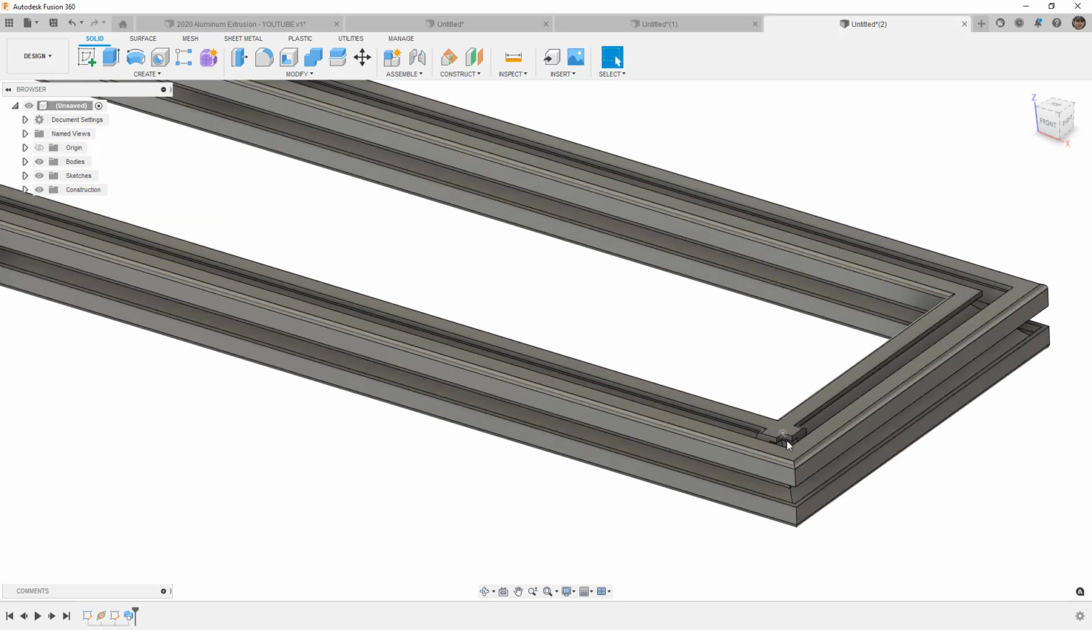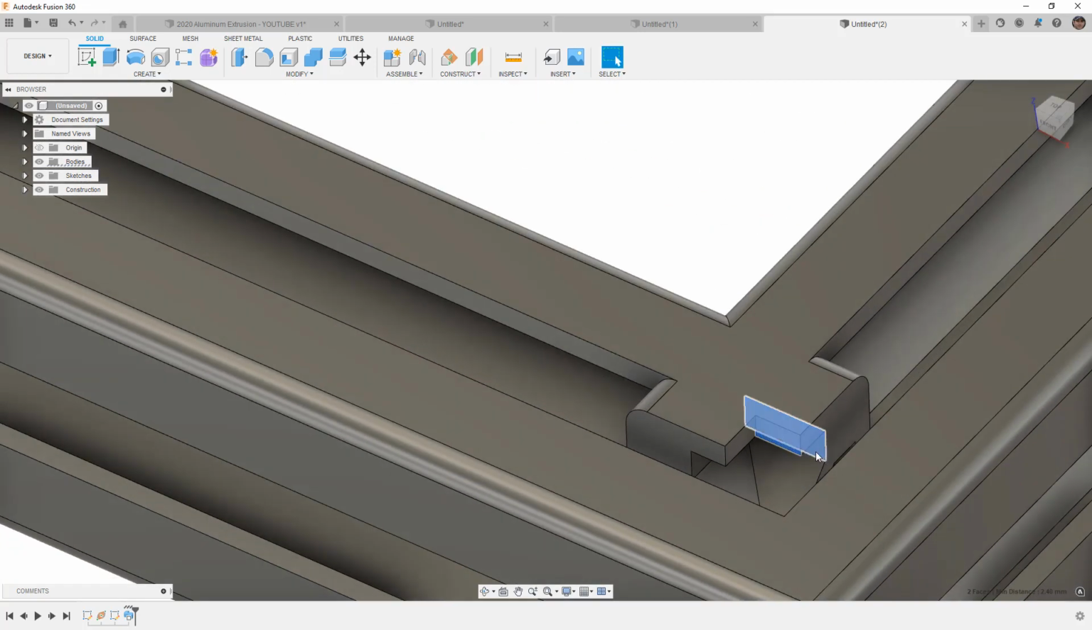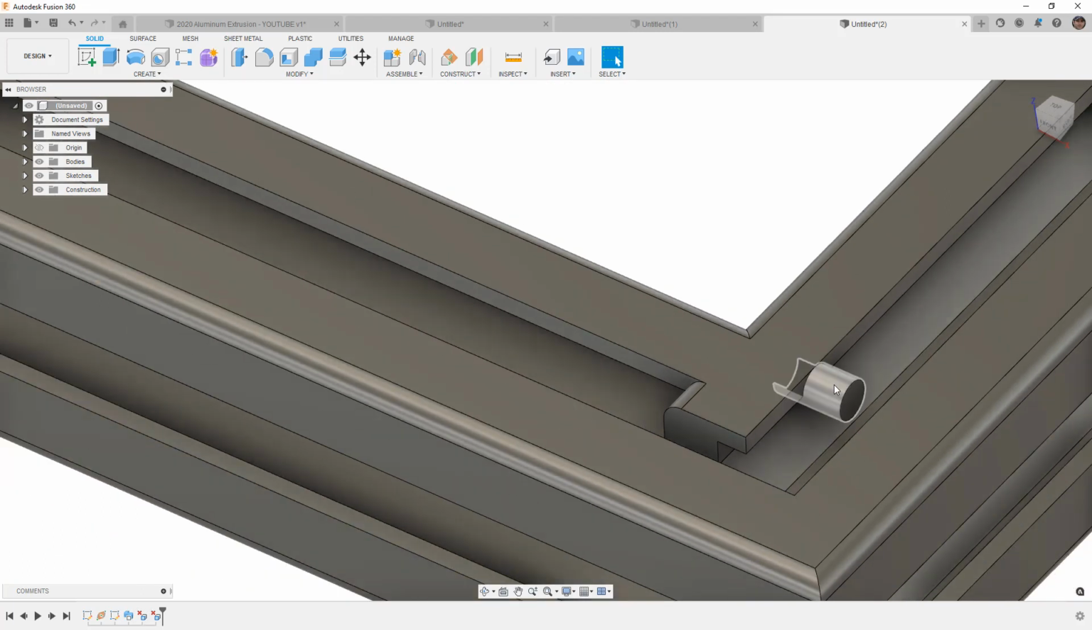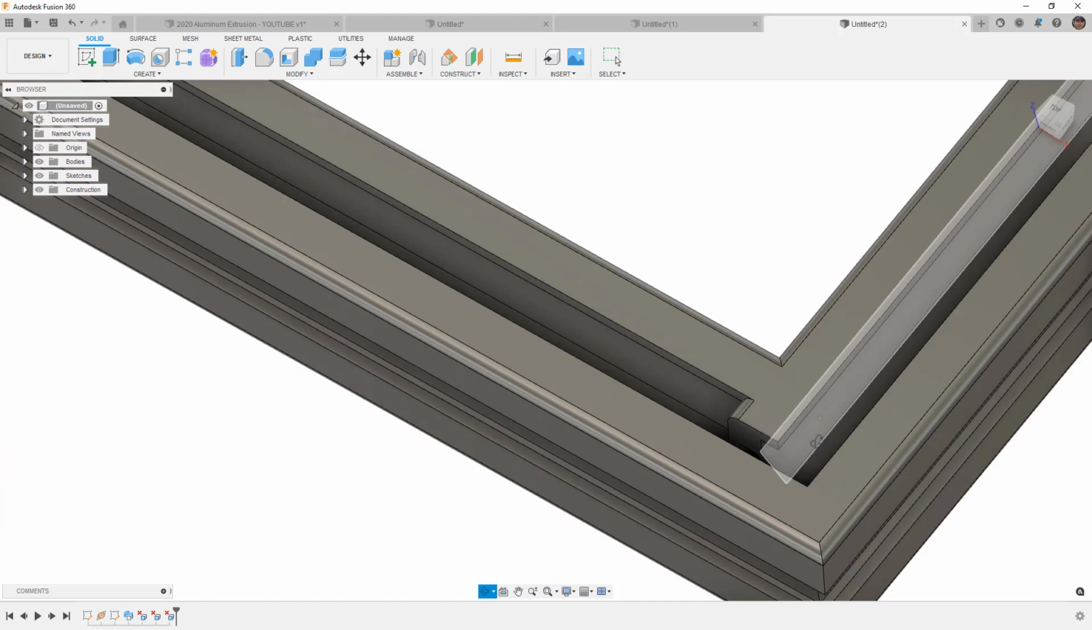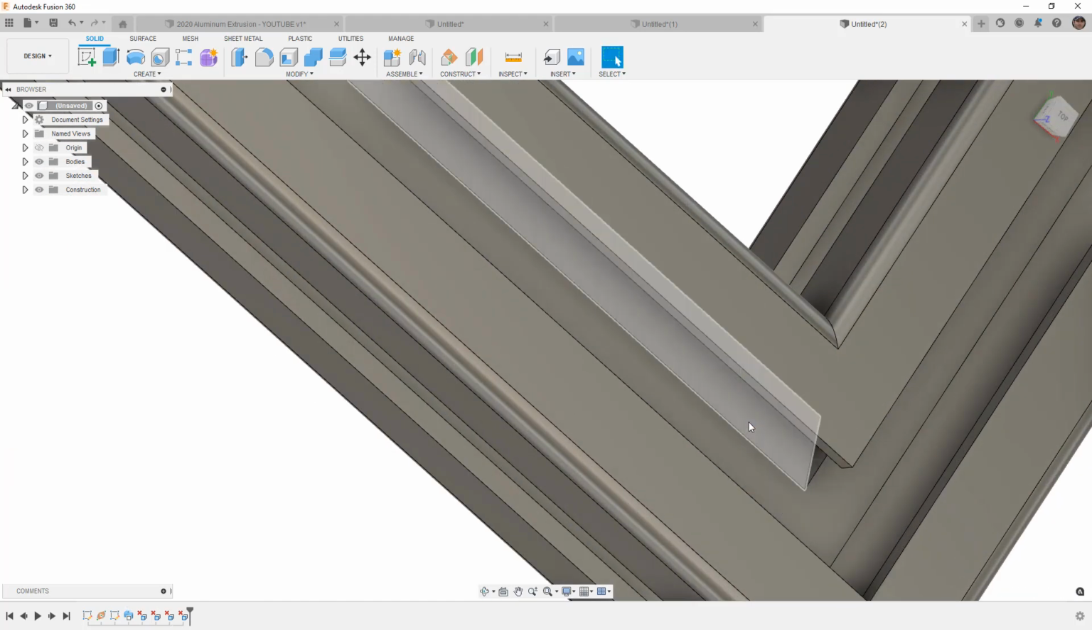Now, this corner could use a little bit of cleanup. For example, we could come in and select a couple faces and we could try to delete them. We could select that and delete it, select this and delete it. And you can see that we're able to just do a little bit of work and clean this up pretty